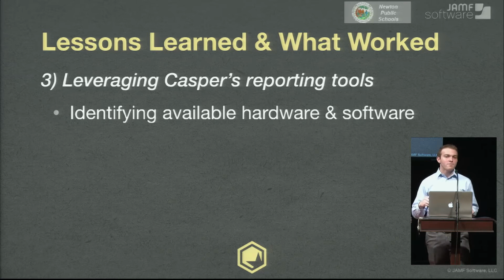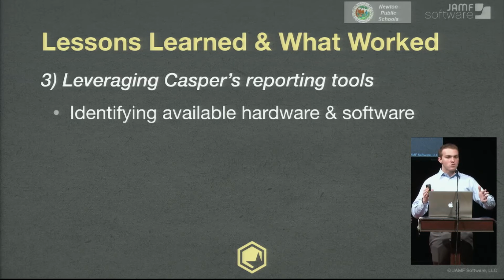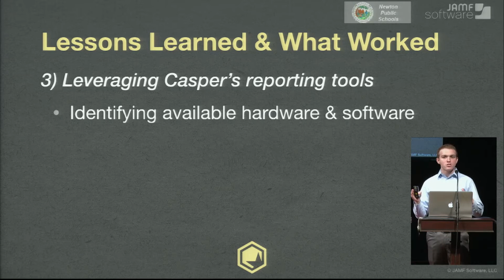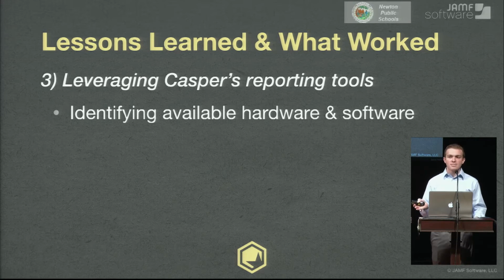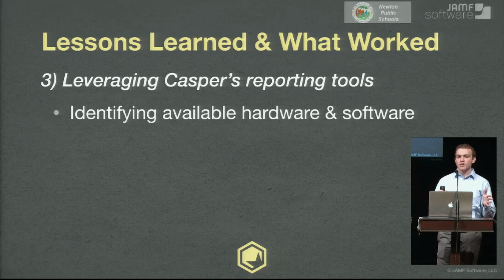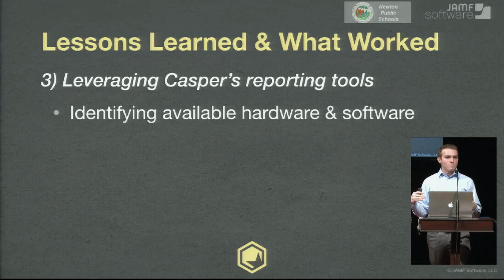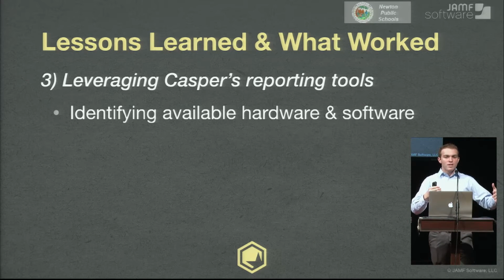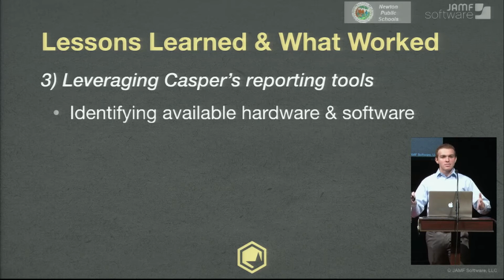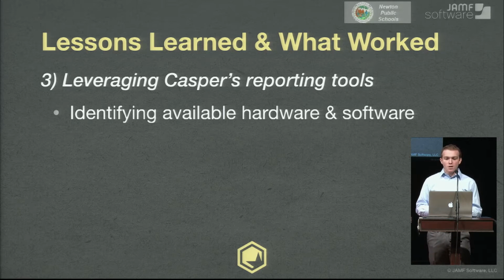So we have a naming convention for our machines where the first part of the name is the school building, the second part is the use, like student or teacher or admin or secretary, and the third part is the asset tag. And we use those first two fields, the school and the use, to identify machines that we're using for Park. So any machine at, say, X elementary school that had STUD for student as the use, so that we didn't have to deploy the Park policy and check for readiness on all 6,200 of our machines. We also,